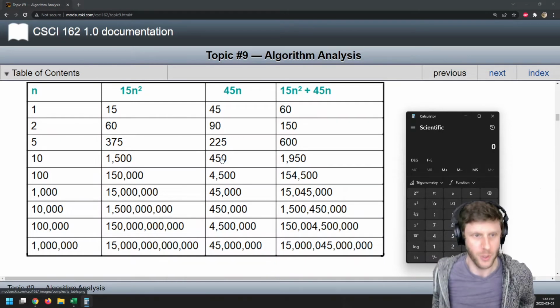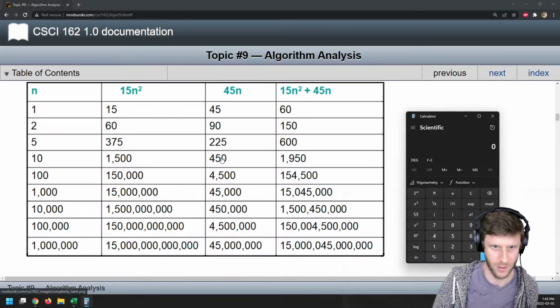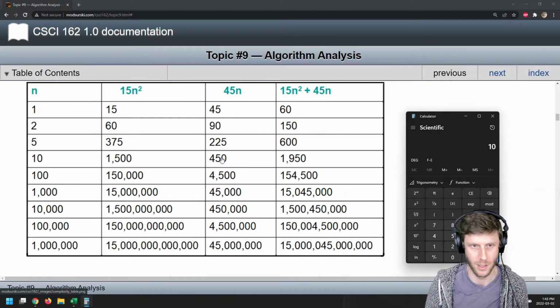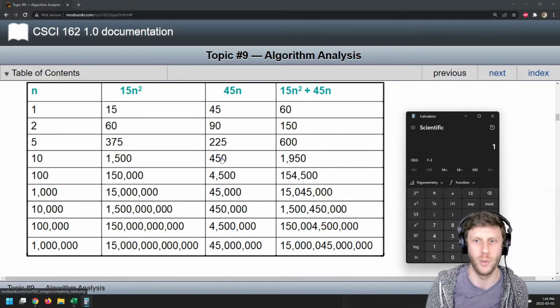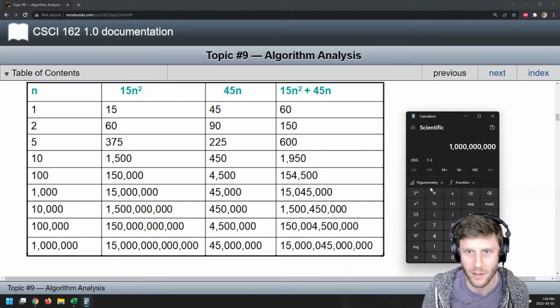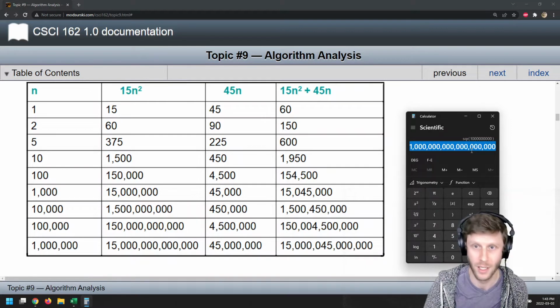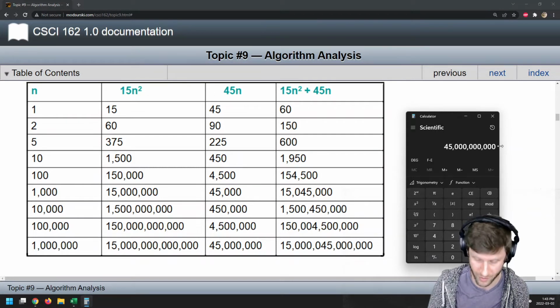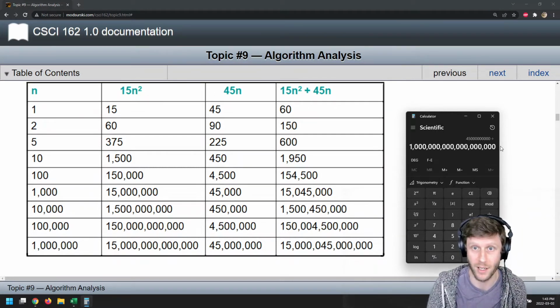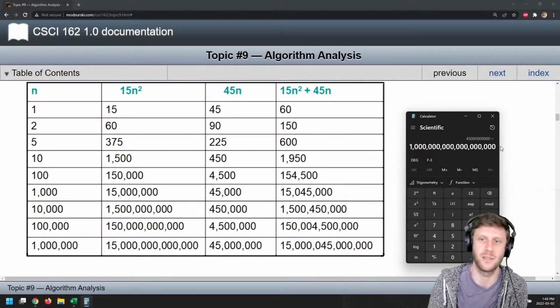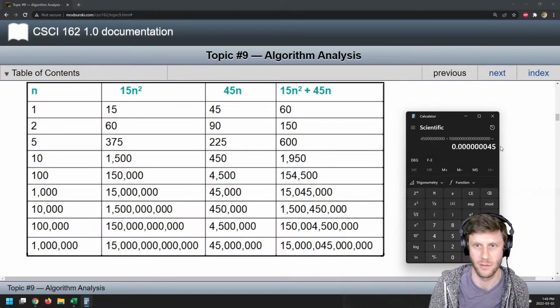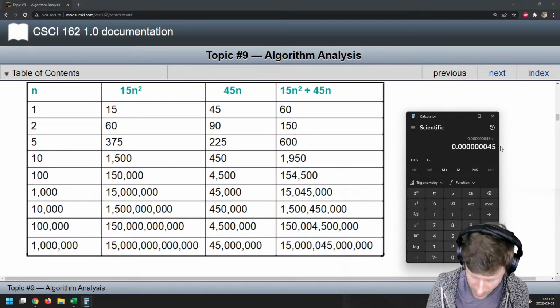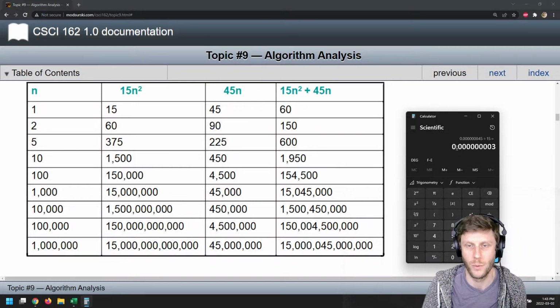Let's see what happens if I do like 10 million. No, I'll do a billion. 1, 0, 0, 0, 0, 0, 0, 0, 0, 0. That's a billion, right? Squared, because that's going to be a big number. Okay, and then 45 billion, 45, 0, 0, 0, 0, 0, 0, 0, 0, 0, 45 billion. Divided by that. Oh, I forgot to multiply that by 15. So I'll just divide that by 15. We get, okay,